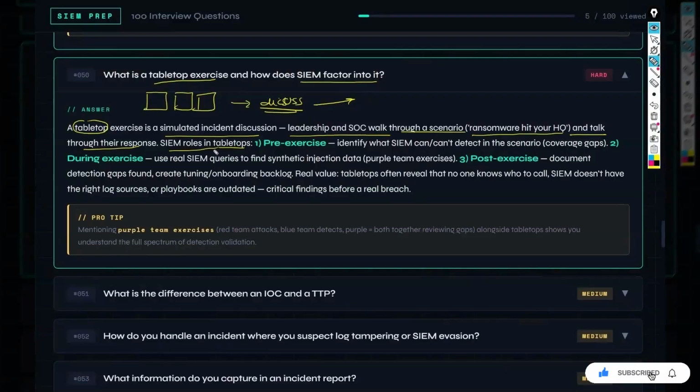So, what is the SIEM role in the tabletop exercise? Pre-exercise, identify what the SIEM cannot detect in this scenario, like the coverage gap. Find the gap. Number two, during the exercise, you can use real SIEM queries to find synthetic injection